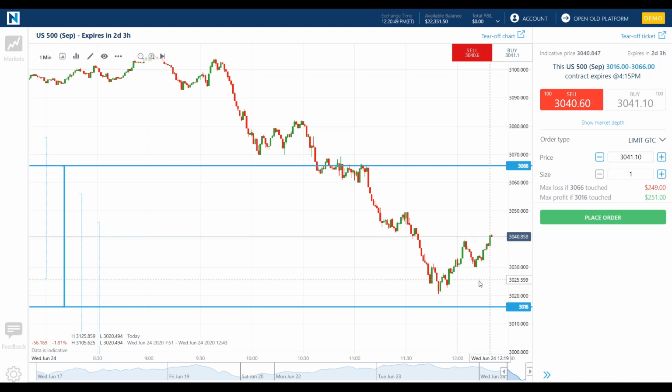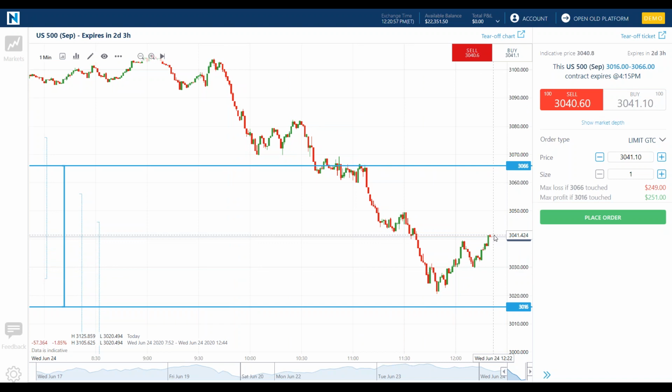So, for instance, say we have been in a big downtrend here. We've rallied back some, and maybe I think this is going to go lower again. I'm going to simply sell one of these because I think it's going lower. Not a buy, sell, or hold recommendation. I'm just clicking on the bid, and I'm going to put an order at 30.40, between the market and 20, and place my order.